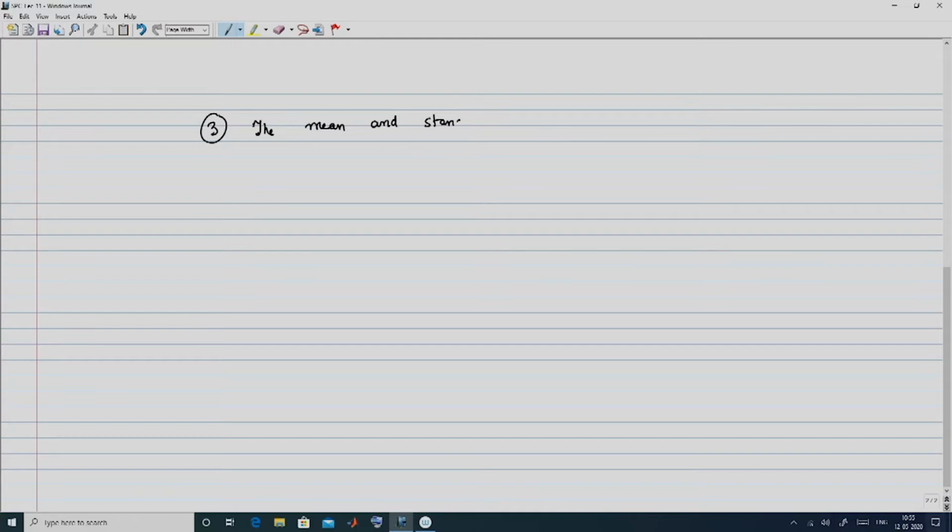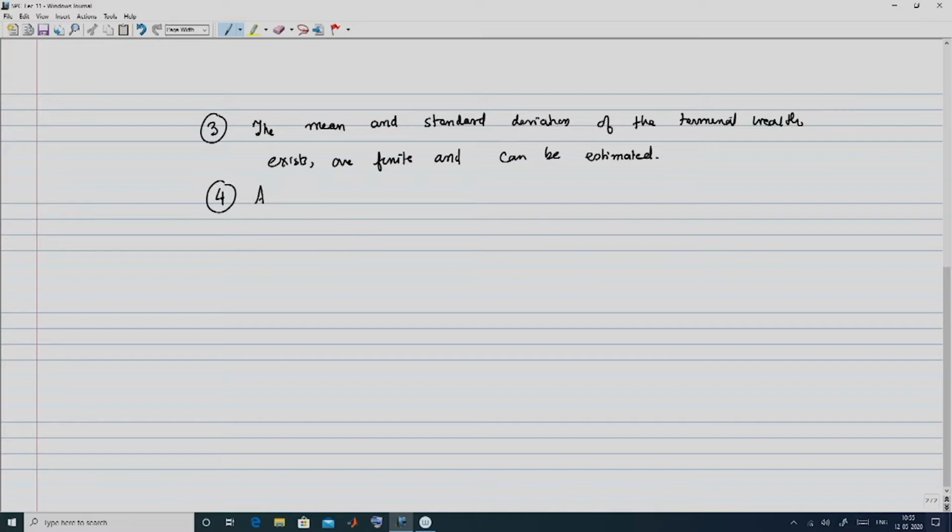So, since we have said that the mean and standard deviations will be the driver of the decision, accordingly this mean and standard deviation of the terminal wealth exist, are finite and can be estimated, which is the reason why you can make an investment decision based on these estimations. The next point is all